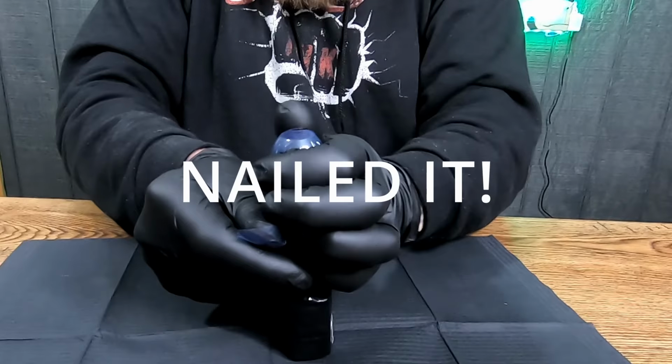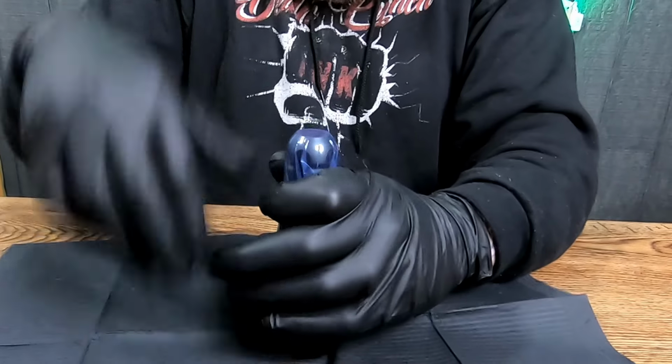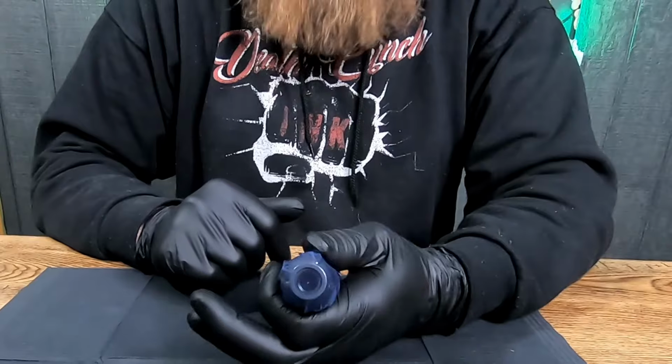And just pull all that extra down and around. Pull it nice and tight. What I then do is I kind of keep it like that. As you can see, it's snug. It's covering the tip of my machine. It's covering the grip. At this point, I'll take my wrap while holding this tight and slowly go around and